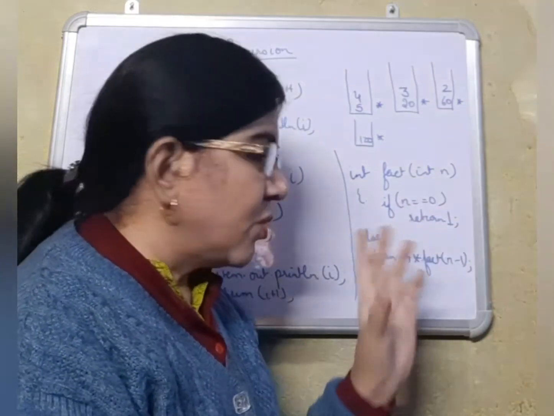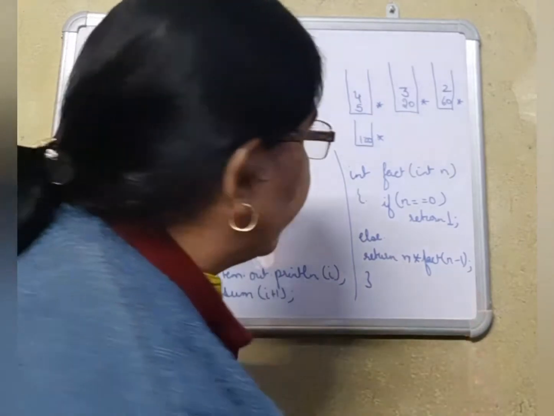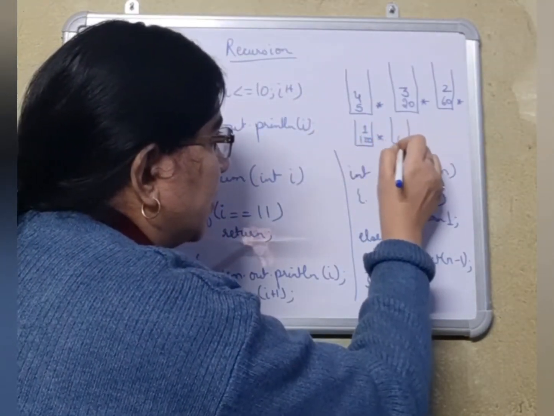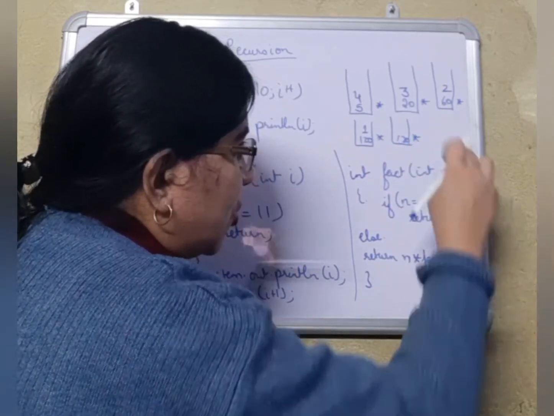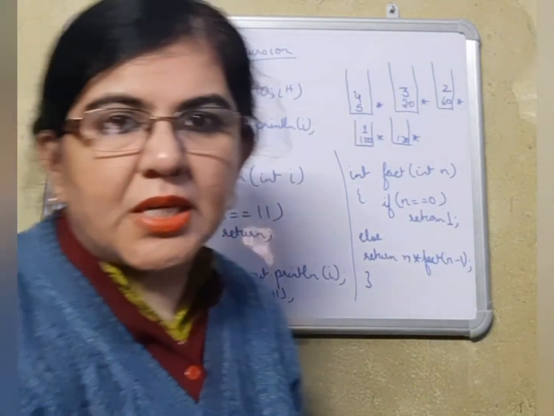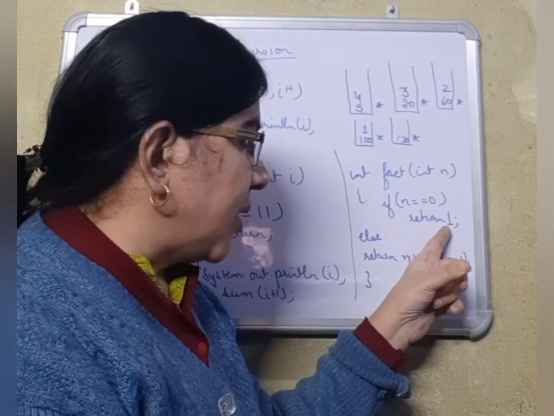1 is equal to 0 is a false condition. So n into means 1 into. So 120 into 1 is 120 waiting in the memory. 1 minus 1 is now 0, which will re-enter, and now the base case or the terminating case is true. Since n is 0, it will return 1.